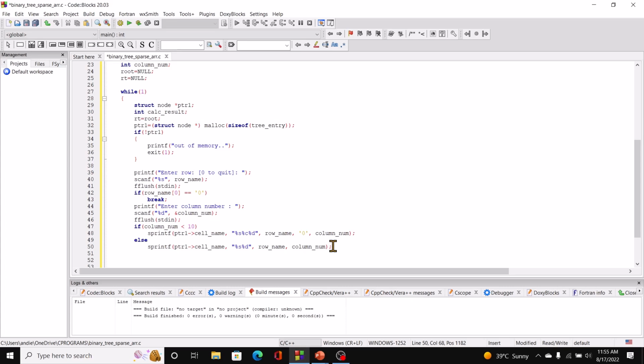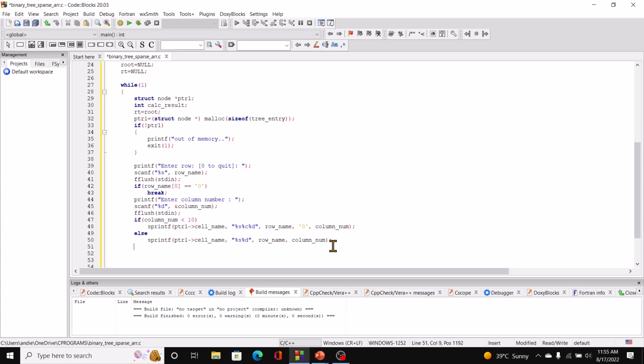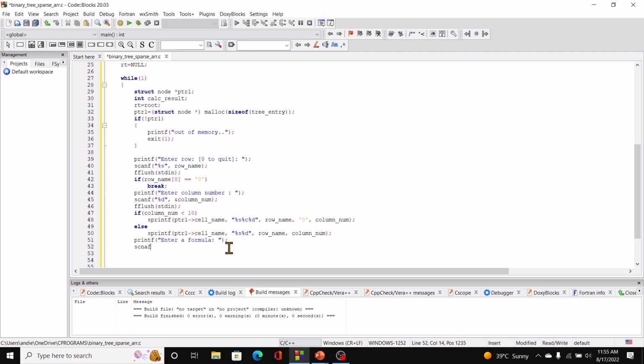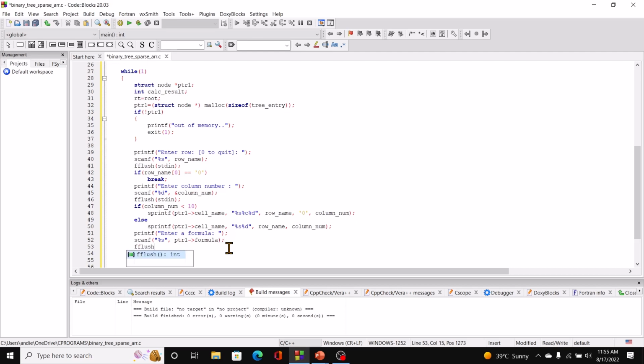then the next thing we do is enter the formula. So we need to ask the user. So printf "enter a formula" and then scanf "%s", comma, ptr1 arrow formula. Right, then fflush, of course,